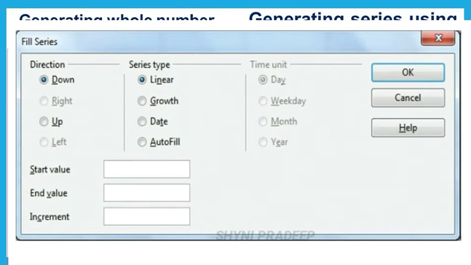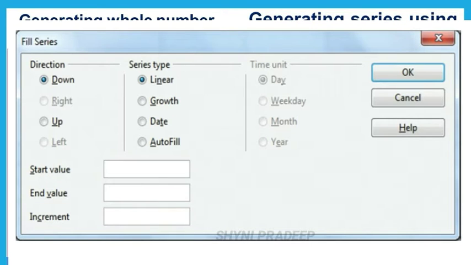You have to select any one of these options. And next, start value. You have to enter the start value of the series. Next, end value. Here you have to enter the end value of the series. Next, increment. Here you have to enter the difference between the first and second value of your series.